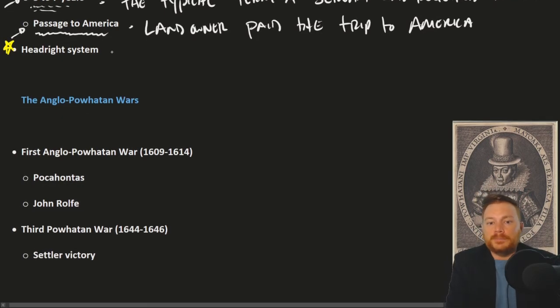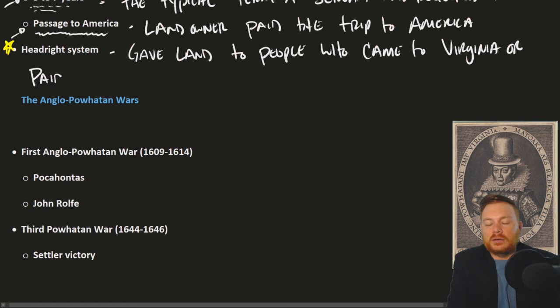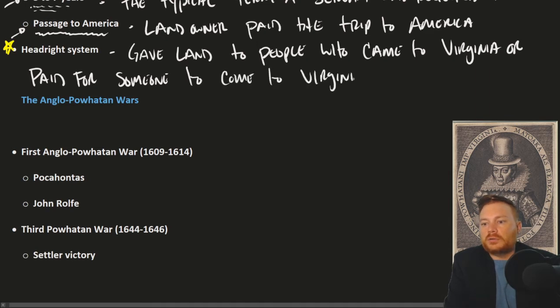The headright system was a system that gave land to people who came to Virginia or paid for someone to come to Virginia. All right, so they were giving land away to people who could pay for other people